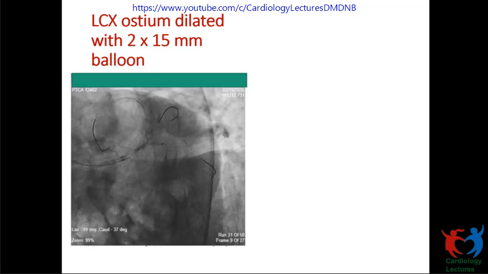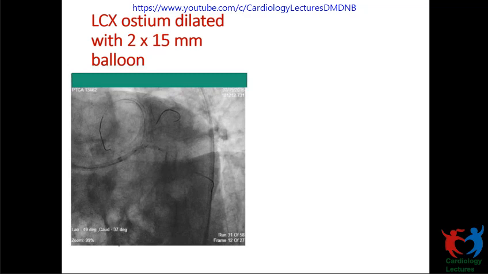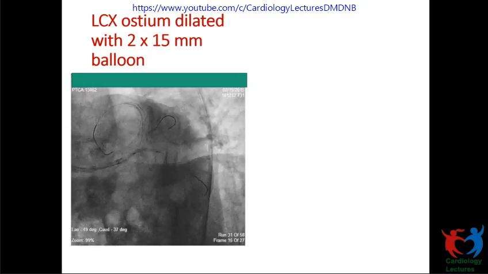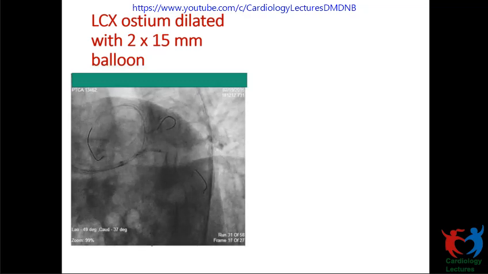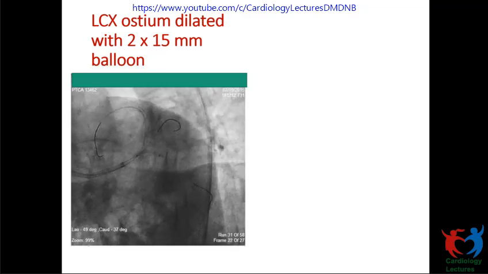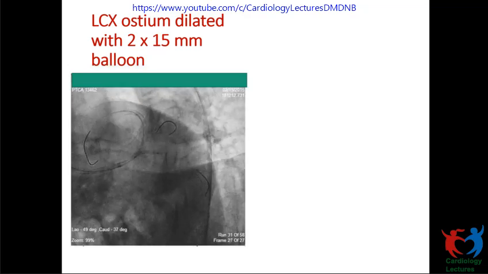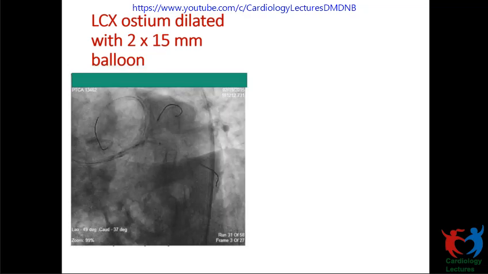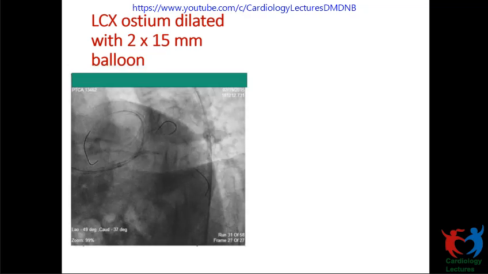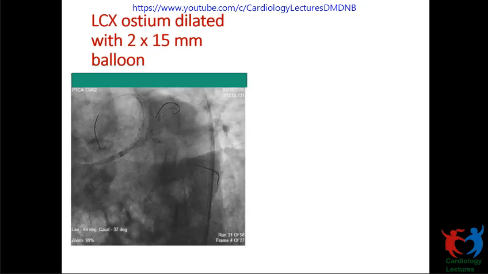So in provisional stenting, there is a lot of difference between provisional stenting and DK crush. In provisional stenting, it is always better to cross at the distalmost part, that is nearer to the carina, so that it causes remodeling of the carina, which is a better way. Whereas when you are doing DK crush, it is better to cross from the proximal stent strut, but not the distal stent strut. That makes all the difference.